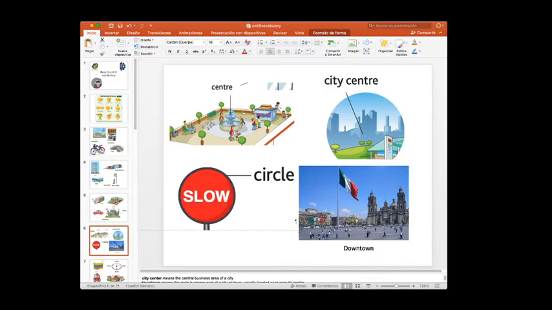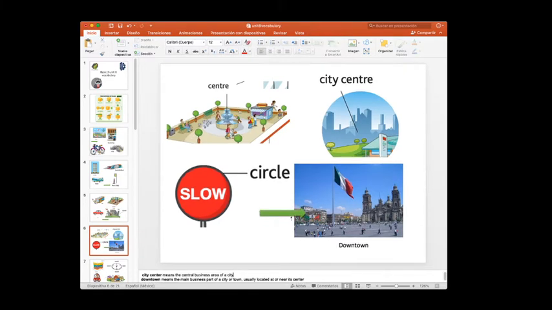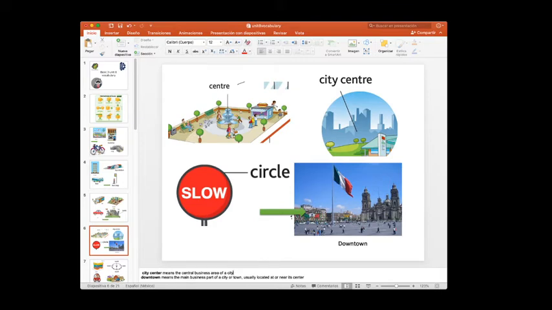This is circle. This other one is city center. And this other is downtown. Even though they look like the same. The downtown